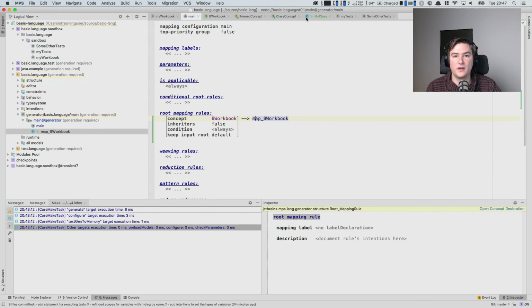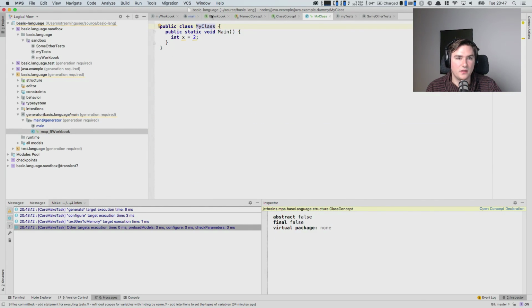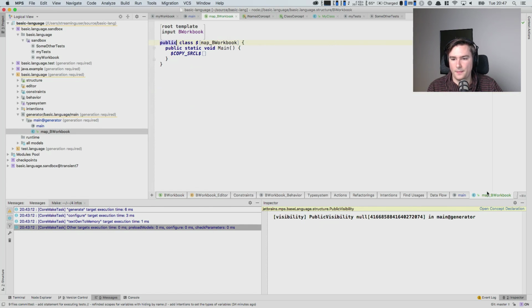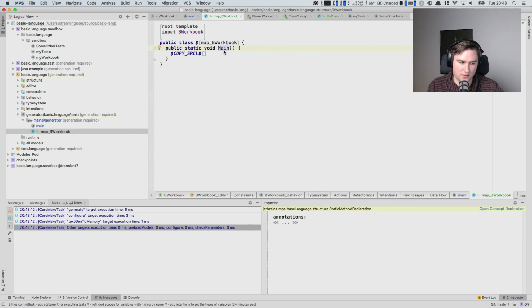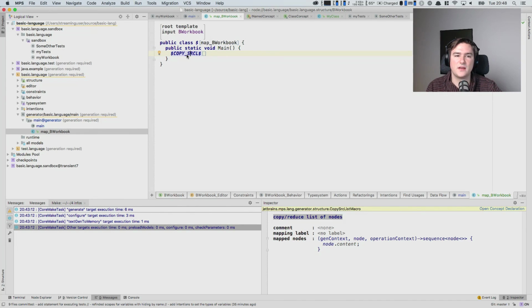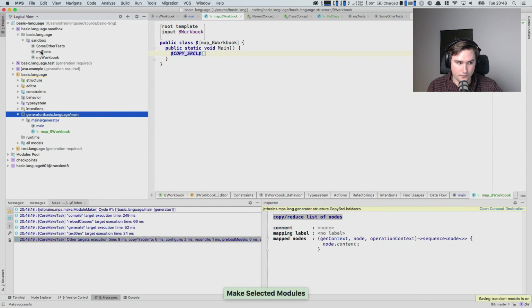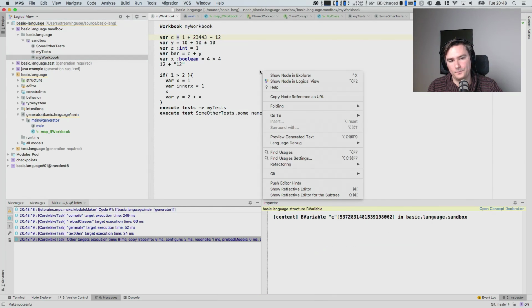So what we tell MPS in this generator rule now is take all of the content and place it inside of the main method. We haven't told MPS how to make Java code out of it, and we also don't need to do that at the moment. If we now build the generator here and we run it again on our workbook,